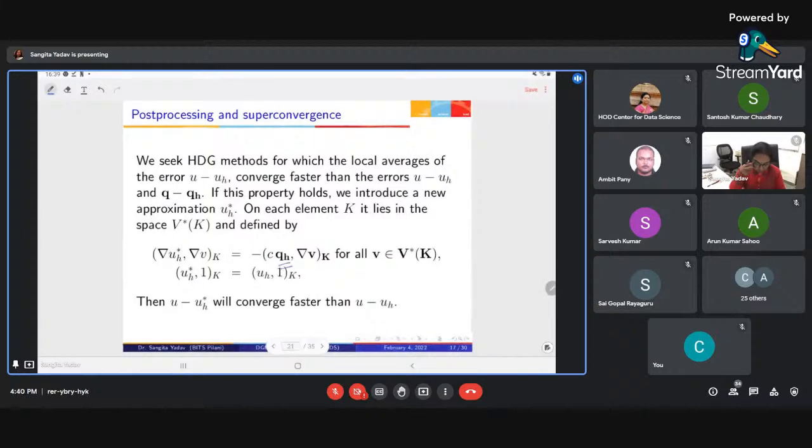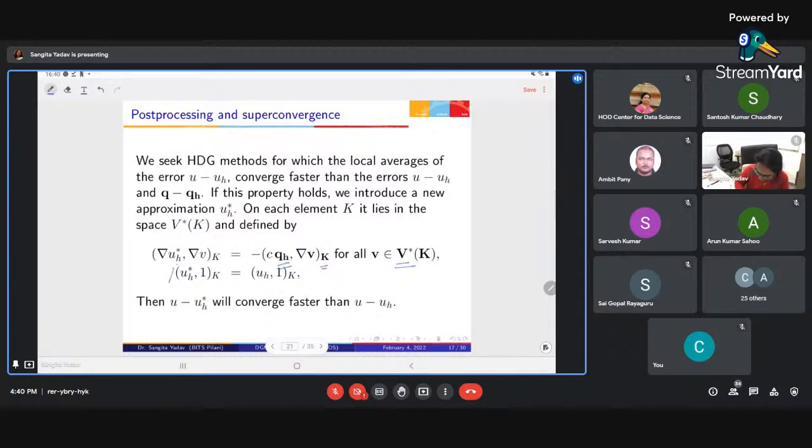So we try to find a solution UH star, which is going to be in a space V star, which we choose as polynomials of degree k plus 1. And we require that our solution UH star satisfies that gradient of UH star comma gradient of V equals minus QH comma gradient of V